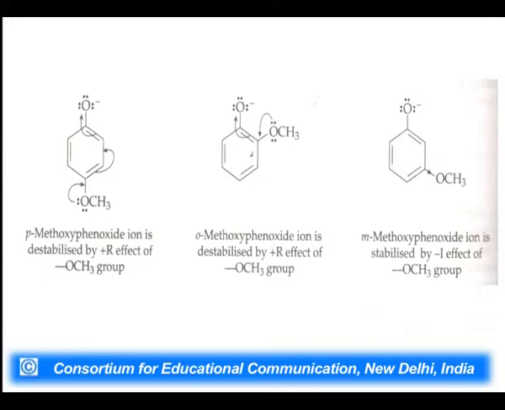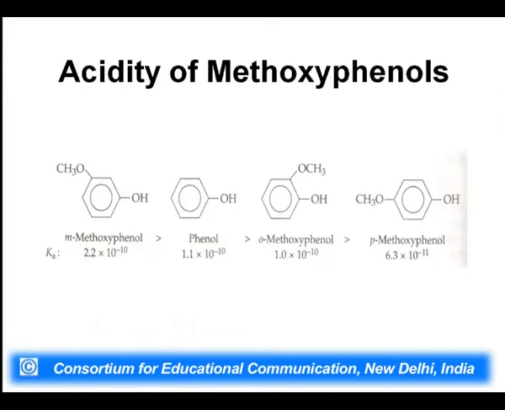Whereas, when this group is present at ortho and para positions, it destabilizes the conjugate base because of the plus R effect. It goes into conjugation and the electron density increases at the phenoxy oxygen. So, what we find here is that the base becomes strong, so the conjugate acid is a weaker acid. Hence, the order of acidity is metamethoxyphenol followed by phenol,